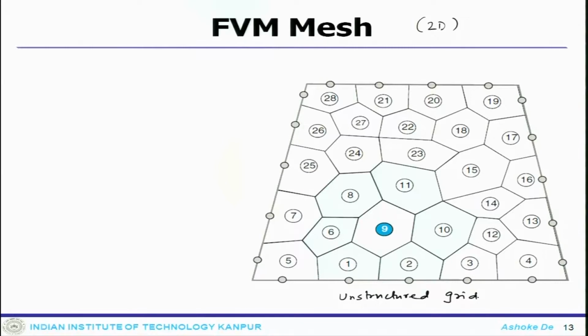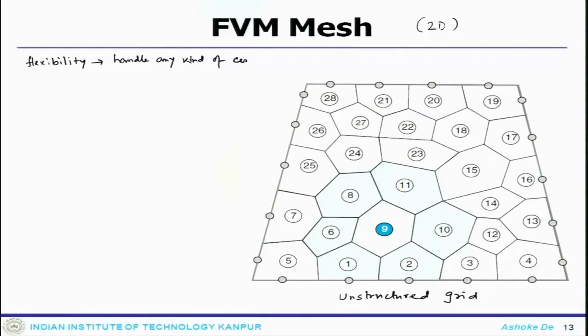They are sort of randomly oriented, but effectively they must represent the physical domain. This gives some sort of flexibility. What kind of flexibility? In the sense that you can handle any kind of